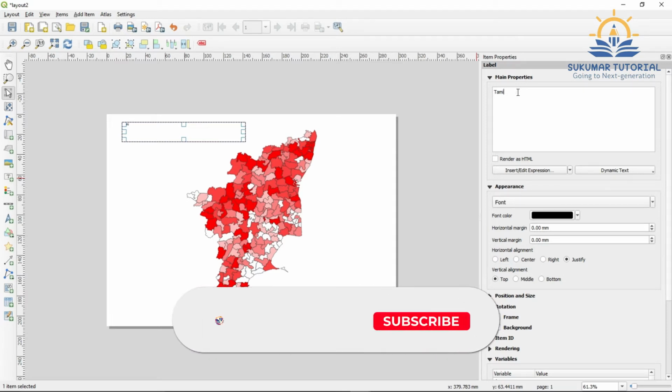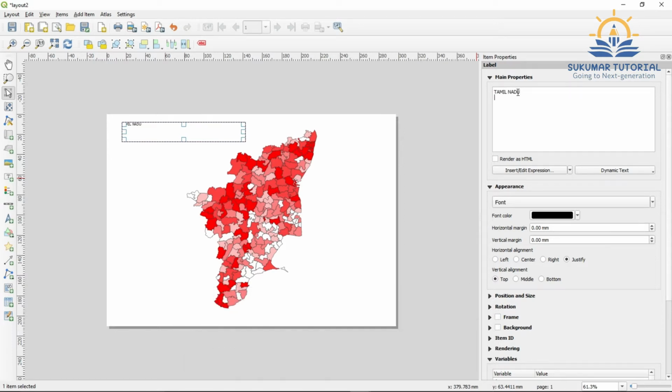I can keep it in capital letters: Tamil Nadu, distribution of households, 2021.